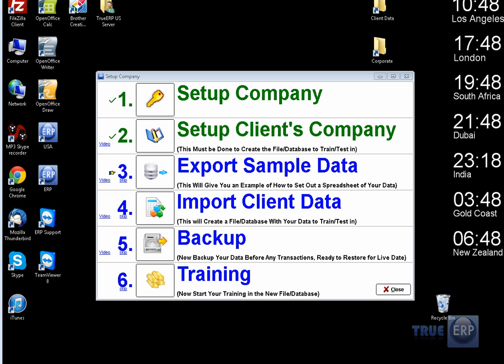Okay, great. Now that we have already set up our sample company, it's time to import some data. The best way to import data is to first export your sample data. Again, we're on number 3 in our steps to creating our company. We want to import some client data, but the best way to do so is to export the